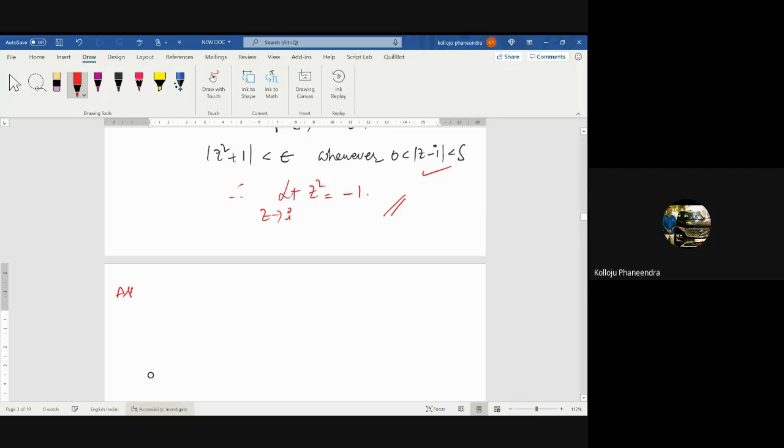Now you solve this problem as an assignment using the delta epsilon approach. Show that the limit as z tends to i of z square minus z equals i minus 1. Same logic: get z minus i terms into the picture. And the next question is